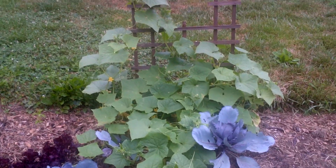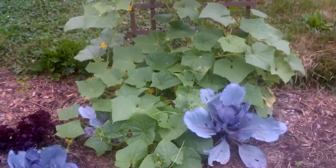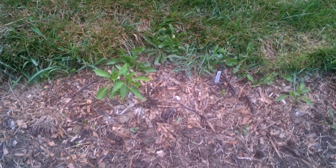My cucumbers, on the other hand, are just having a complete heyday of happiness here. So they're spreading. I should be getting cucumbers soon within the next 2 weeks. That's where I pulled up my green lettuce, and we've got some spinach coming up now. My sweet red peppers in the back